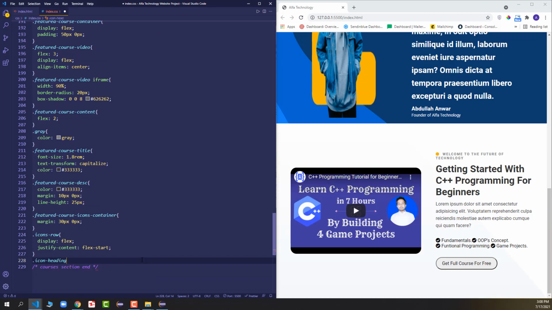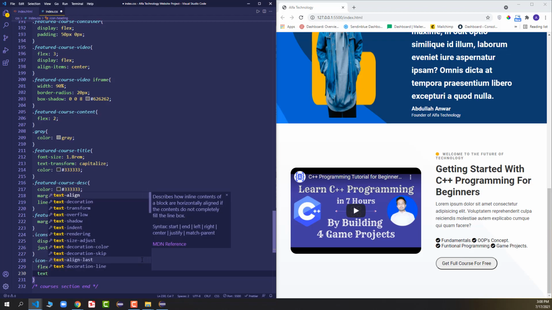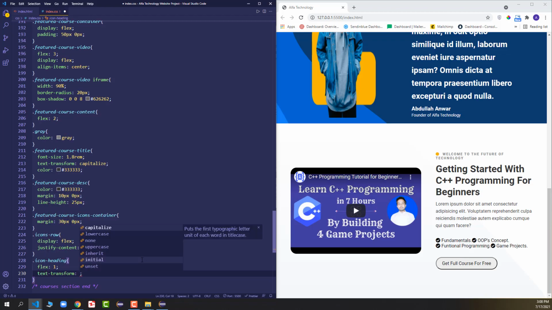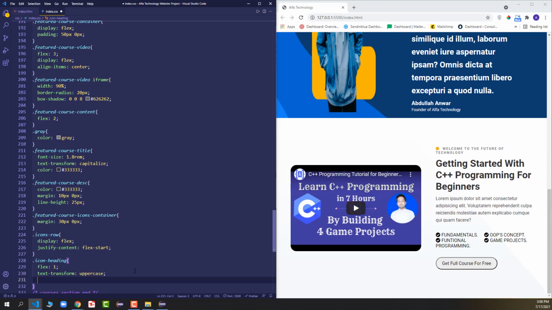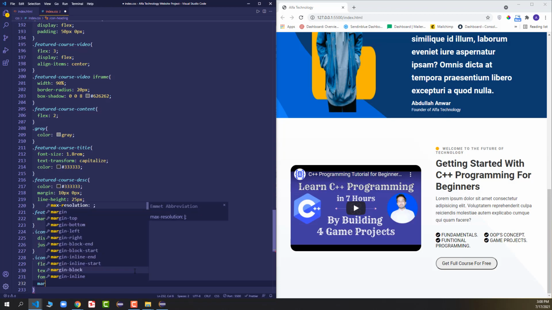Now after that I will target the dot icon heading class, and inside this we will have flex 1. So both the headings will have equal size, and then we'll say text transform uppercase. Now text will be uppercase, and then we have font size 12 pixel, and finally we will have a little bit of margin from the bottom.